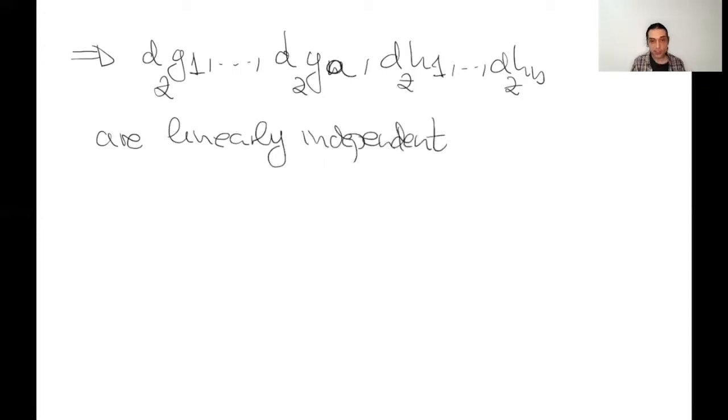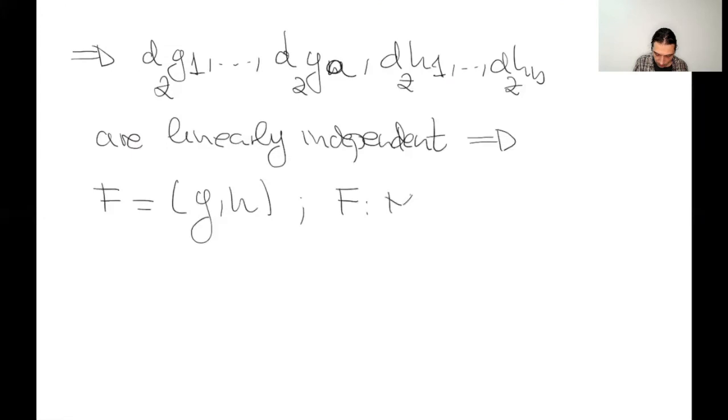But we treated this case previously when we discussed submersions, and indeed this implies that when we consider the map, just consider G as the first component and H sub J as the second component, this is going to be a map defined in M, okay, and the target space is going to be R to A plus B. What we're actually saying by noticing that these maps over here are linearly independent is that F, big F, is a submersion